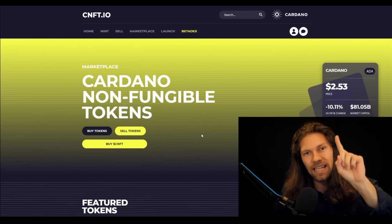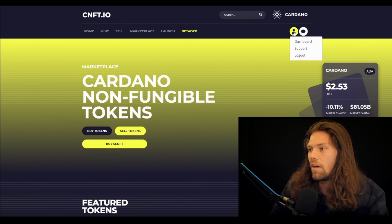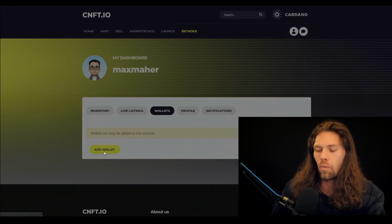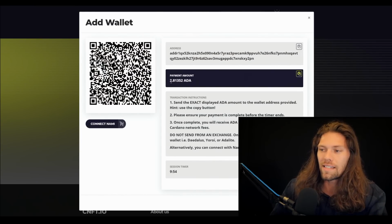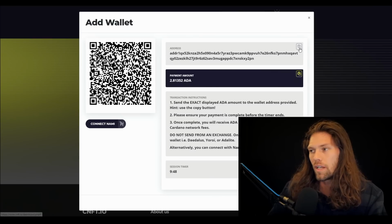All right, now we have our CNFT account made. We have our wallet funded. Now we need to click this little icon here, click dashboard, go to wallets, add wallet, and it gives us an address. So we need to copy this address, and you need to send this payment to the address. This is just to confirm the accounts. You'll be sent back this payment. So we copy this address,